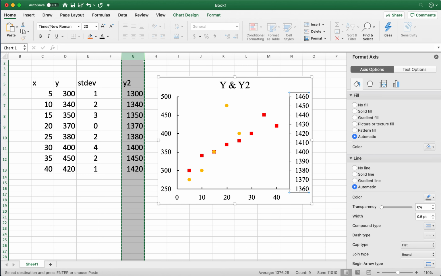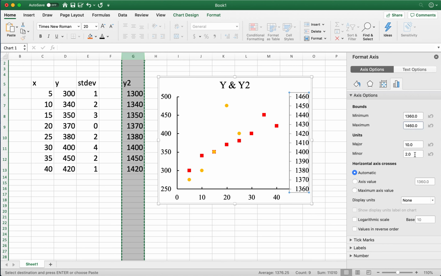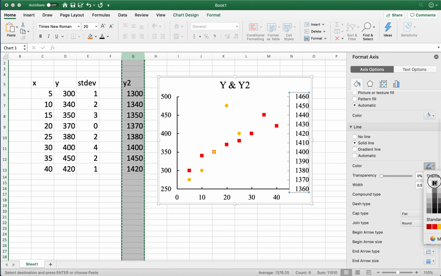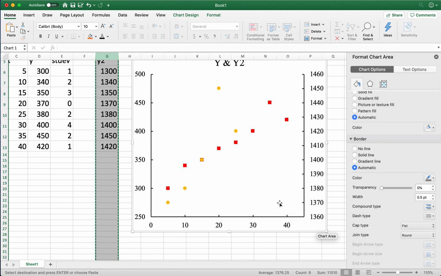Let's change this one also to Times New Roman 20, and let's put the tick marks inside. So we can change the line color to darker and thicker. So now we can increase the size of this one